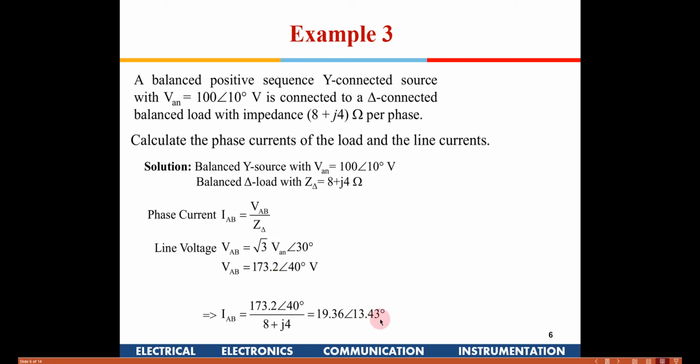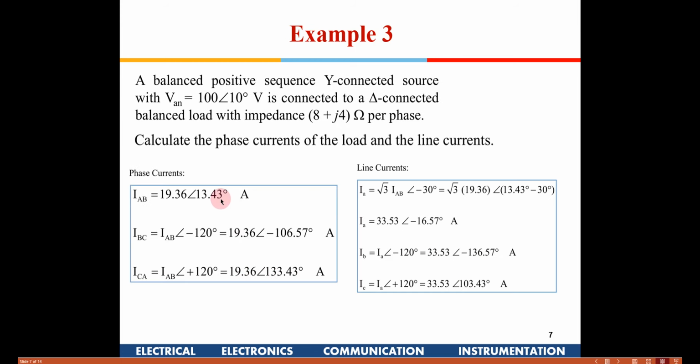So we get the phase current, and in both cases, when we divide, we first get the phase current. In Y, the phase current is the same as the line current. In delta, the line current is root 3 times that. So we get the phase currents here, with the same magnitude, only the phase changes. To find the line currents, we multiply by root 3 and insert a minus 30 degrees phase lag. This was explained in the theory class, right? So this is how you compute the three line currents, and these are the phase currents.